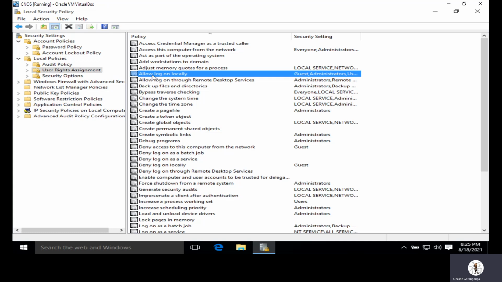So you've got administrators, backup operators, guests, and users are literally assigned this particular right by default. And I think we've looked at those particular accounts in our previous session in terms of what they provide as far as usage of your particular machine is concerned. Obviously, with your backup files and directories, again, this controls which particular users are allowed to back up files,